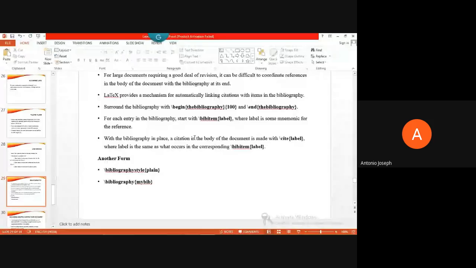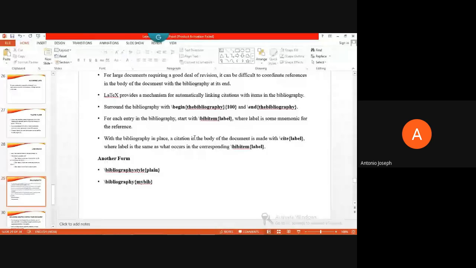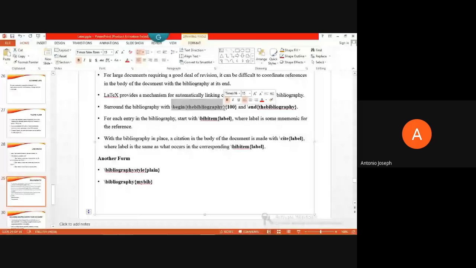We can just label it, or we can number it manually, or we can just automate the entire thing. Okay, so these are the two ways, and I will show both these ways how to do it. So first way we can use this begin bibliography and end bibliography command.